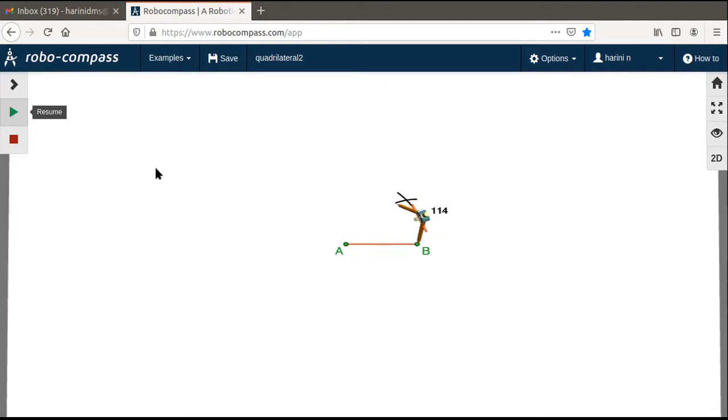Now the two arcs are intersecting. What is this point of intersection? It is the third vertex of the triangle ABC. So once you get the point of intersection, now you are going to name that point of intersection as C and you are going to join AC and BC. So is our triangle ready? The triangle ABC is ready with the given measurements.